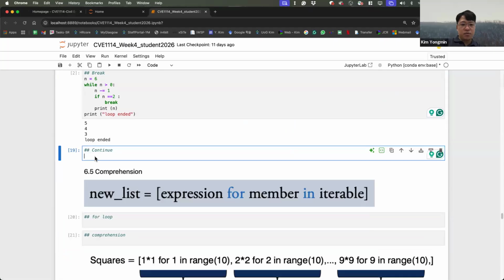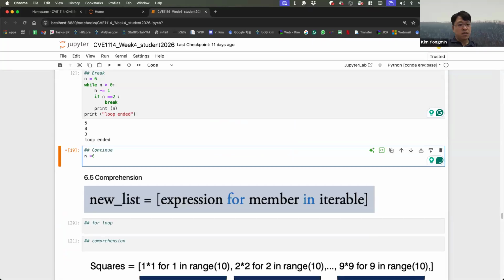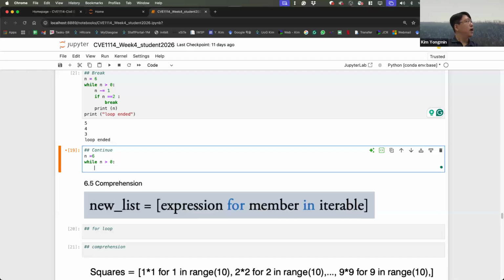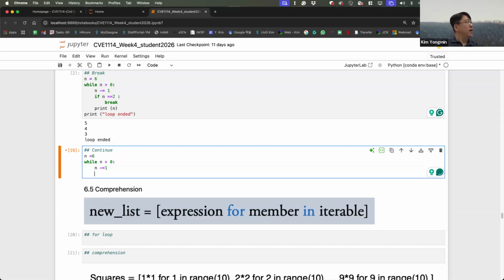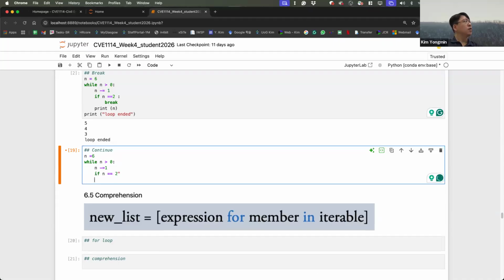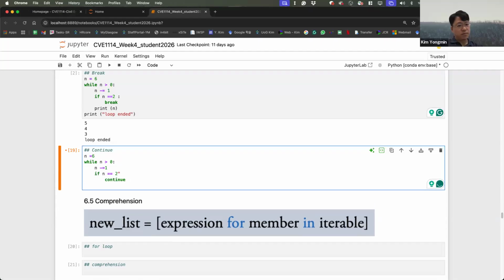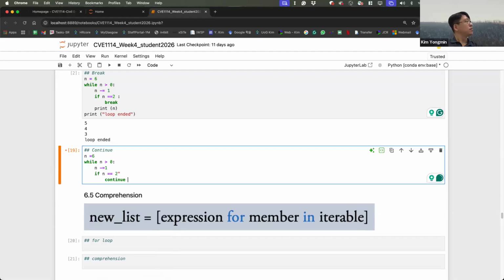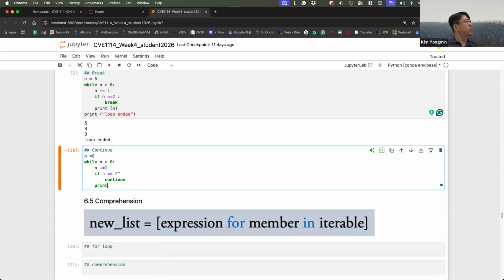What about the continue? Same. n equals 6. While n greater than 0, n minus 1. If n equals 2, continue. Print n.